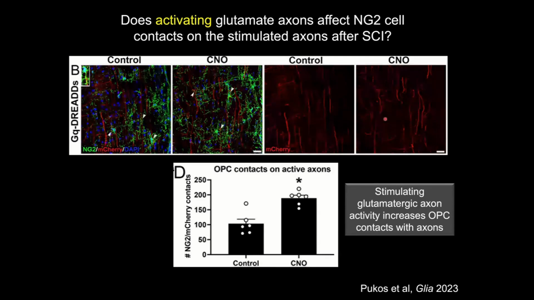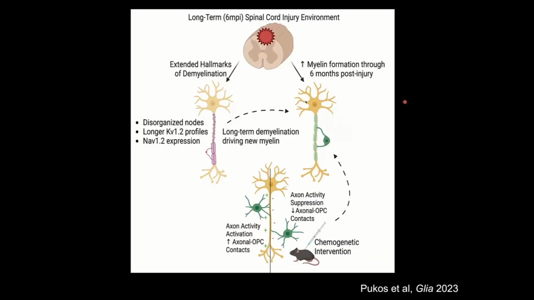We're still working on some of this tissue. This data was just published recently. We know that this was a short time point study, so we did not see changes in the number of oligodendrocytes or myelination because we didn't let the animals go as long for that. So those studies are ongoing now to see if we're getting not only the interaction between the cells and axons, but actually getting evidence of oligogenesis and myelin repair, and especially if we can drive that even further and perhaps then reduce some of the long-term loss of myelin.